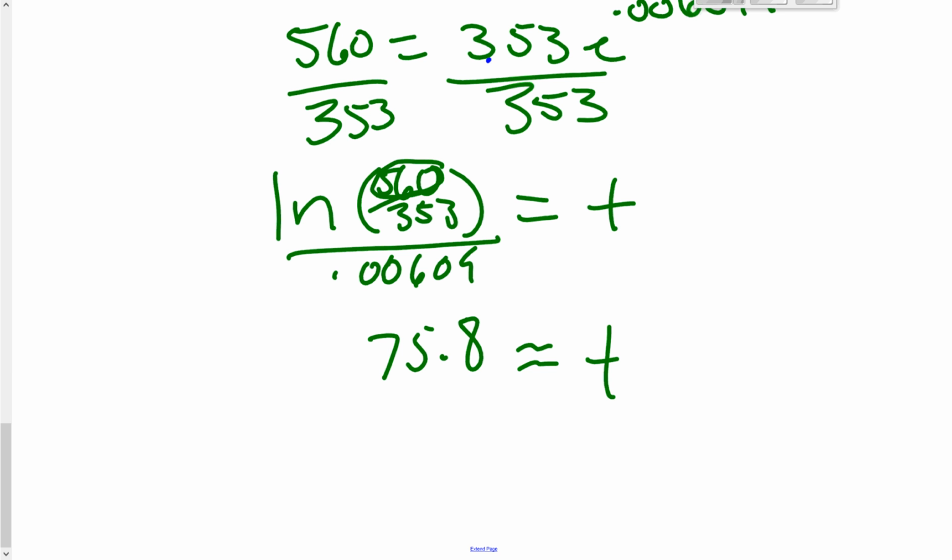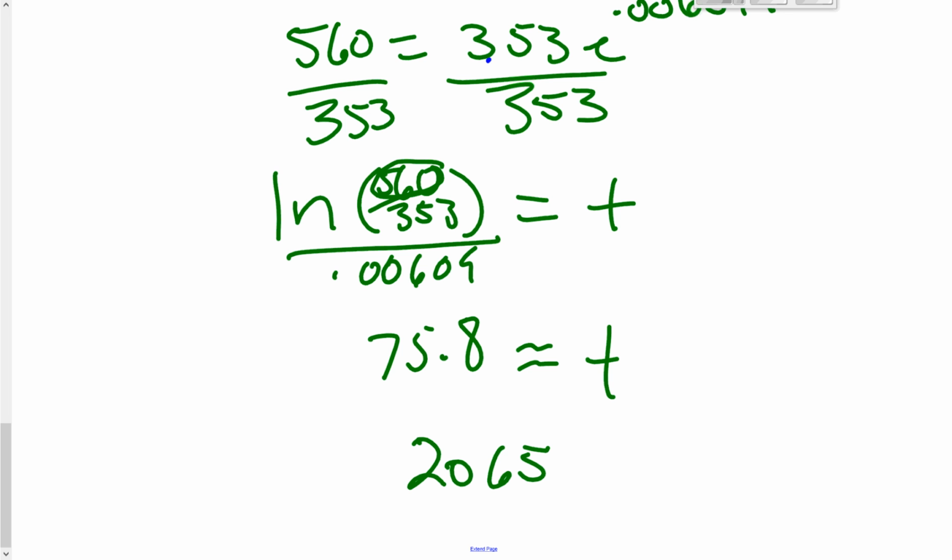So that's from 1990, so that's about the year 2065. Right, so in the year about 2065, according to this model. All right, so there's one example of exponential growth. We can look at